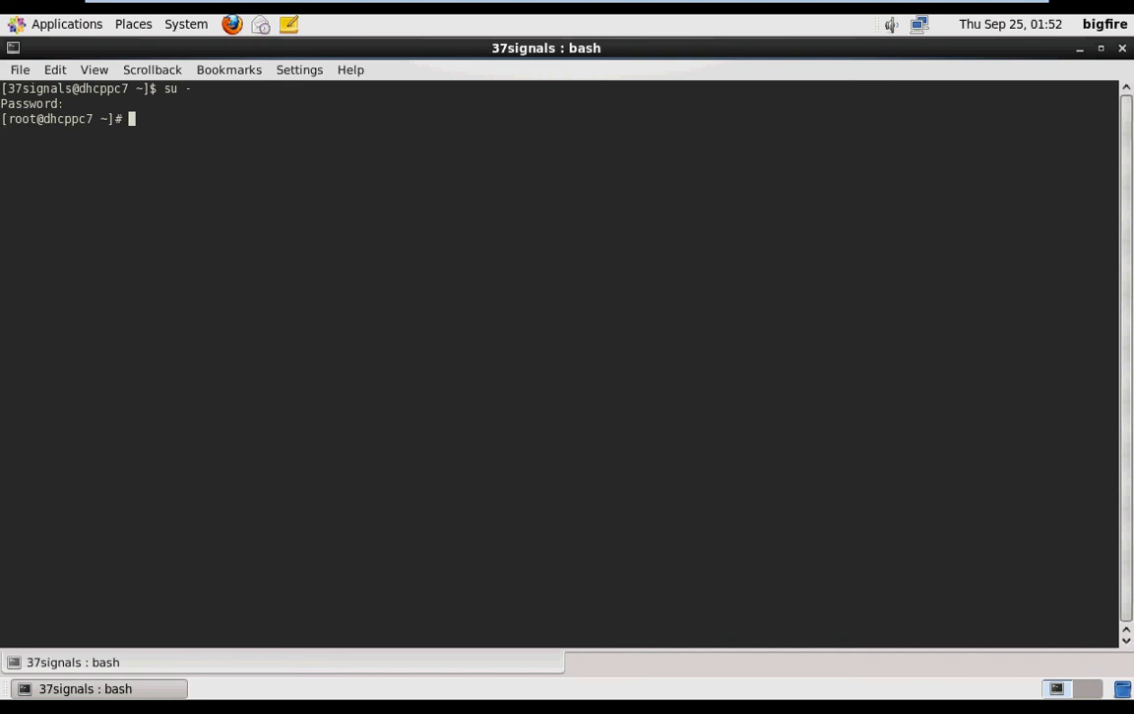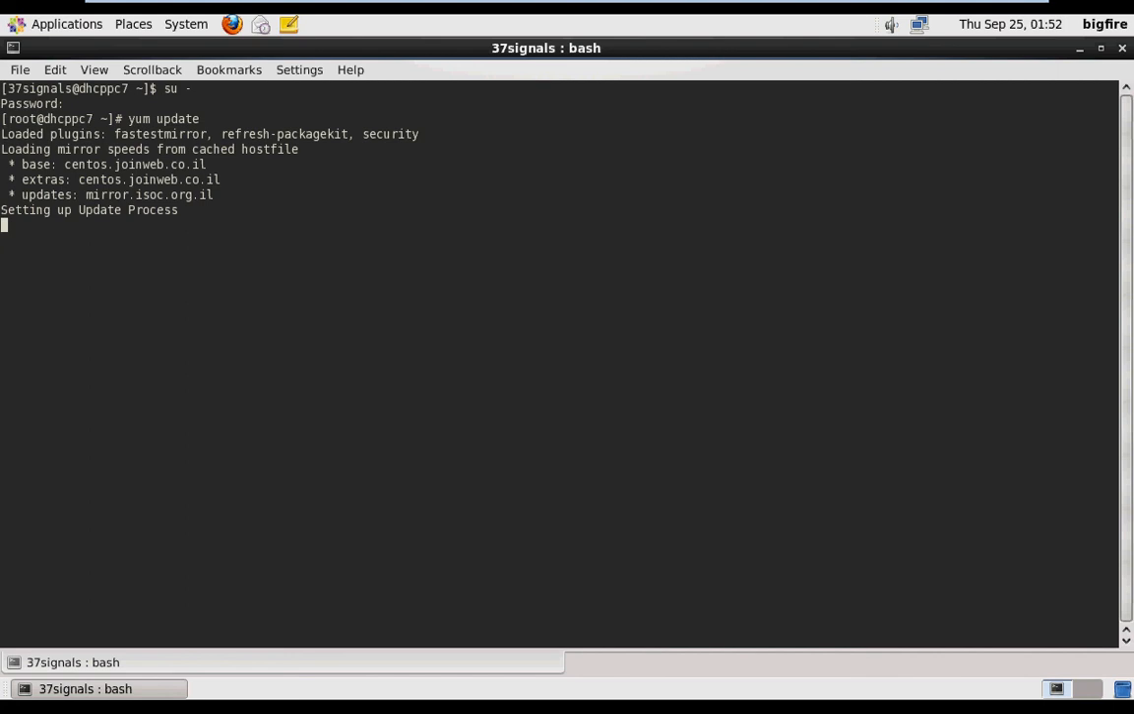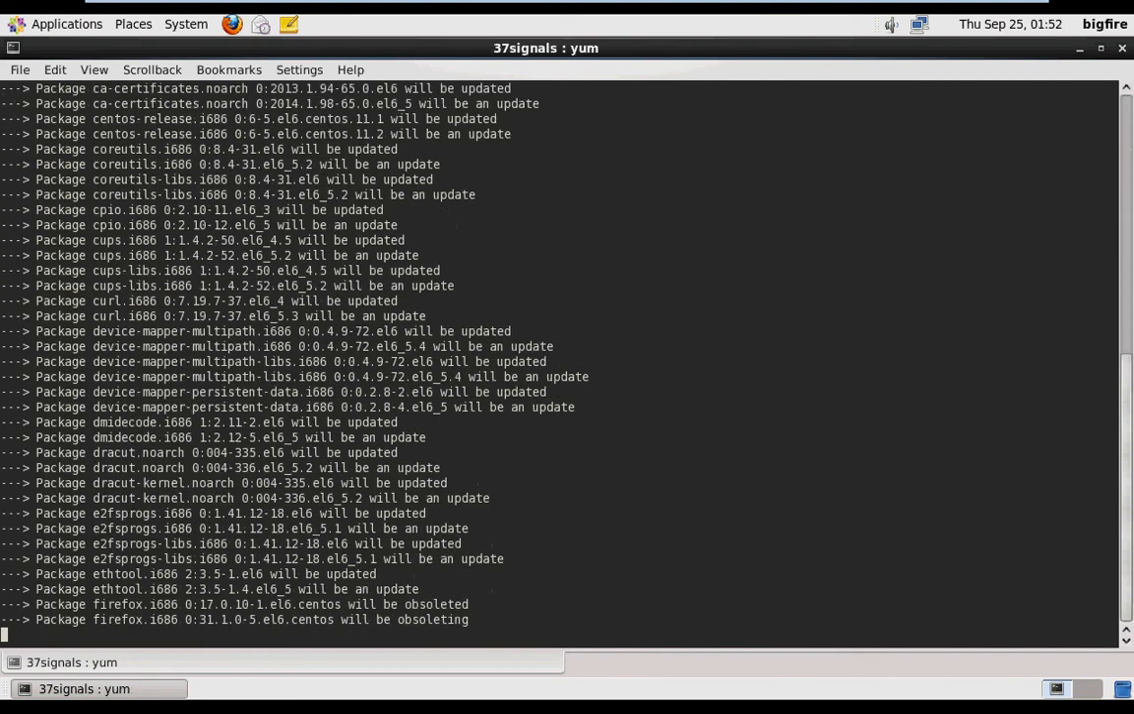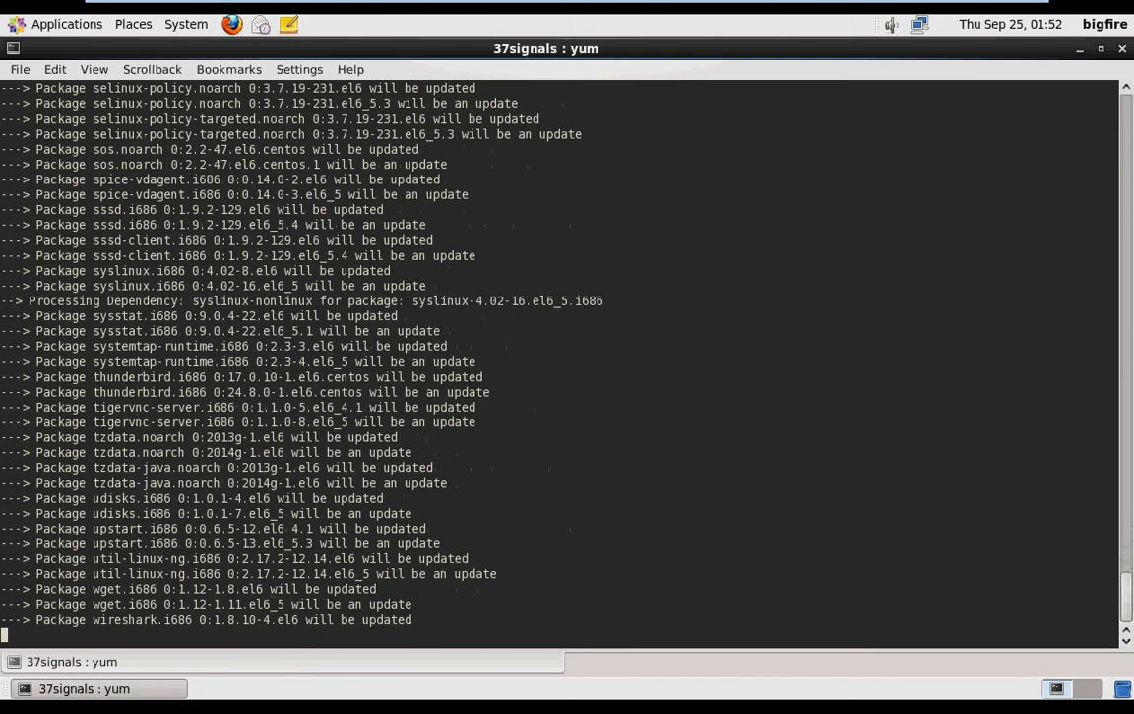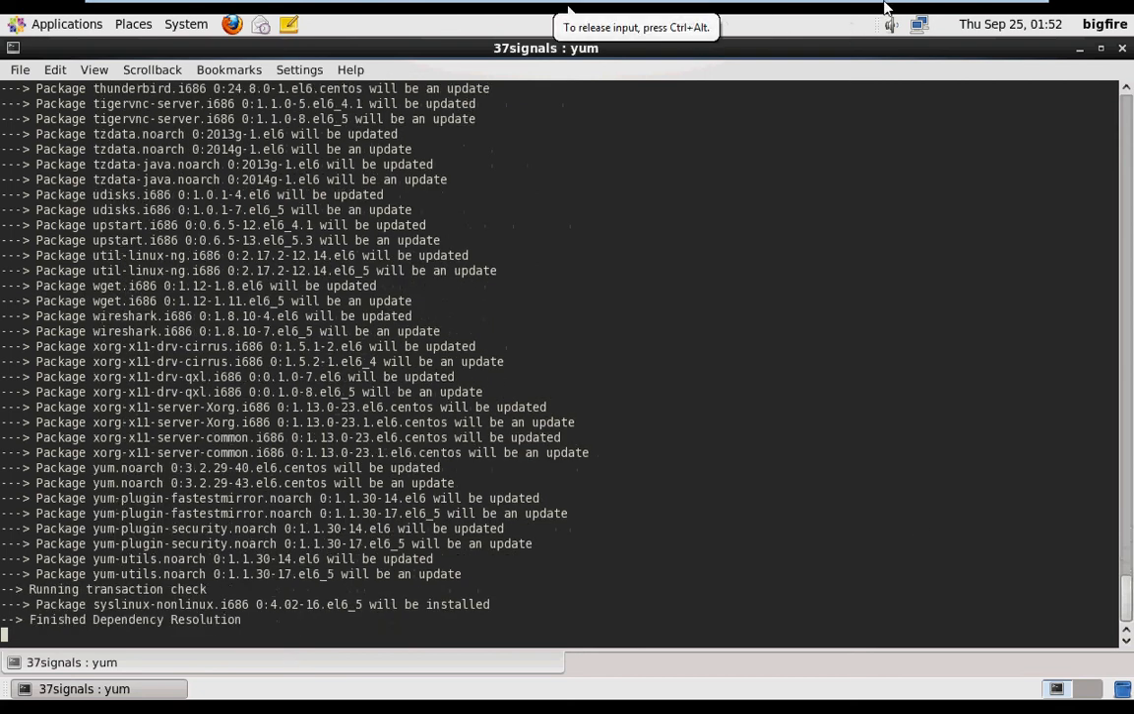To update, you have to type yum update, which is going to find a repository and perform the basic update. So after updating,